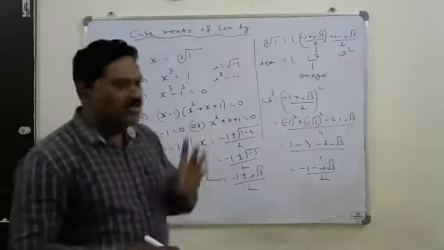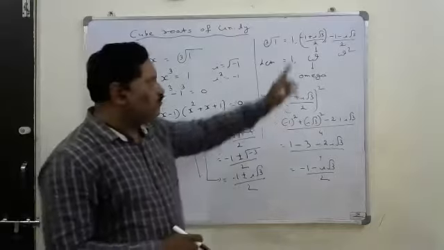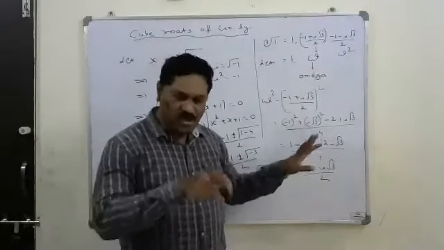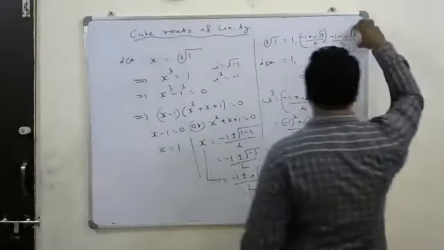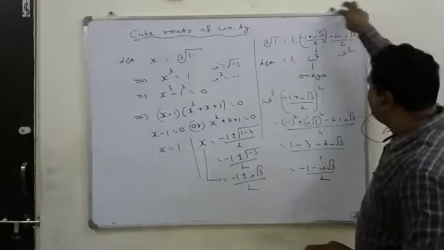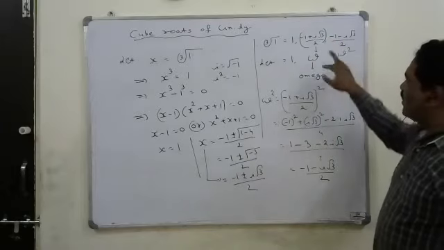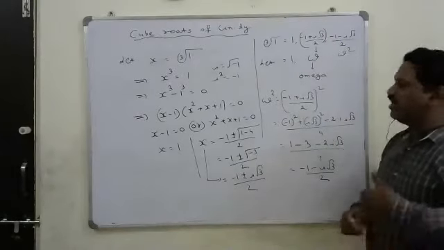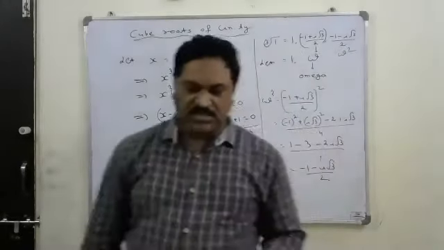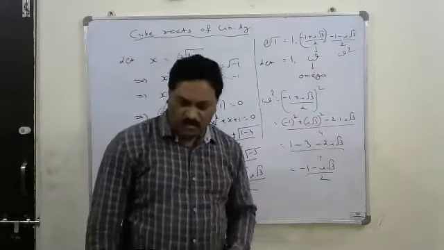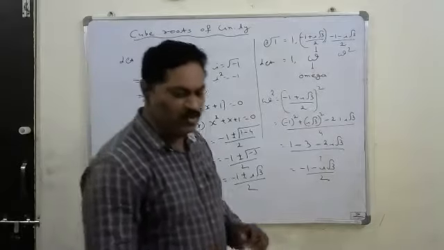The cube roots of unity are 1, omega, omega square, and the value of omega is minus 1 plus i root 3 by 2, or minus 1 minus i root 3 by 2. I can take anything. If I take this as the omega, this will be the omega square. Or if I take this as the omega, this becomes the omega square. Even if I square this, you'll get this one only. That's fine. Omega means I can take either this value or this value. But generally you take this value. So omega means minus 1 plus i root 3 by 2, and omega square means minus 1 minus i root 3 by 2. So this is what we have to remember.